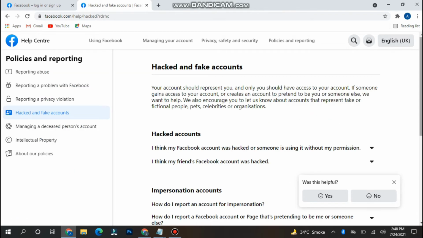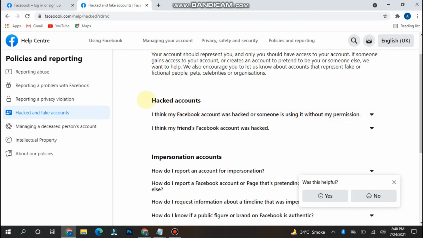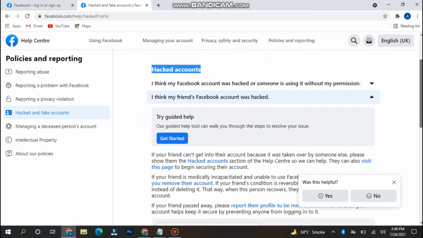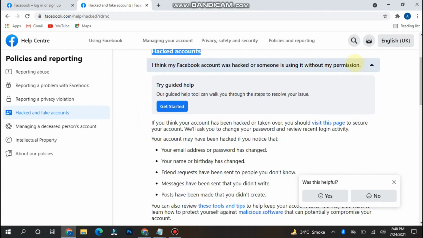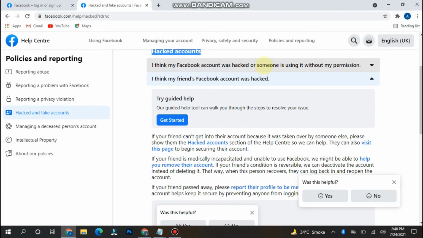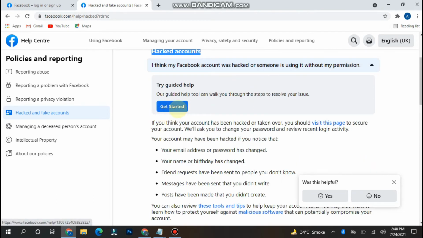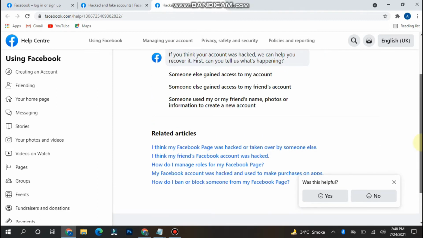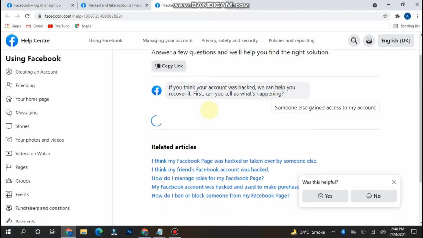and you will see a blog here. You also see a hacked account, and here you will see two options. First of all you have to try this one. You have to click on the get started, and here you have to select someone else gained my account.